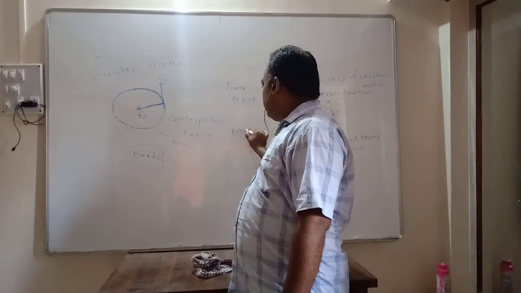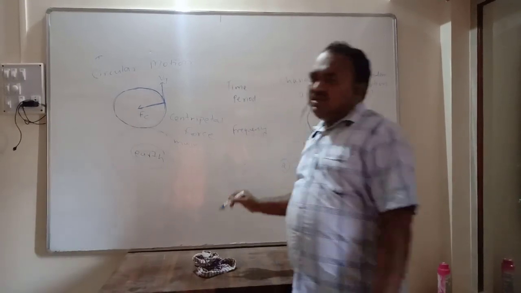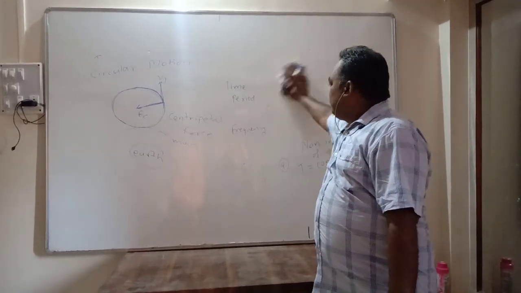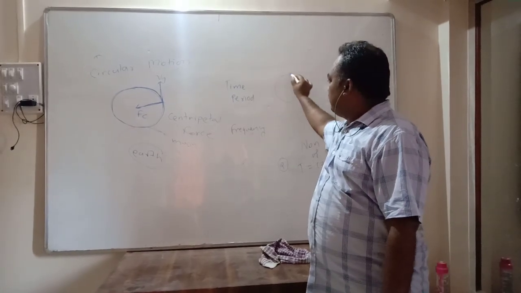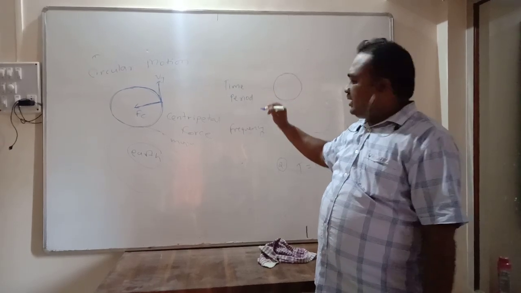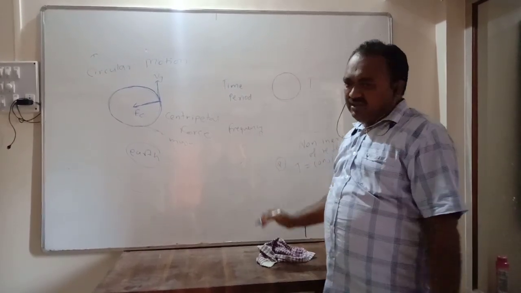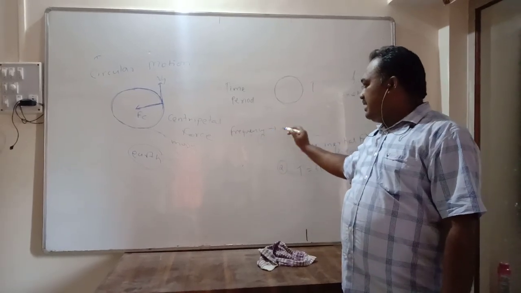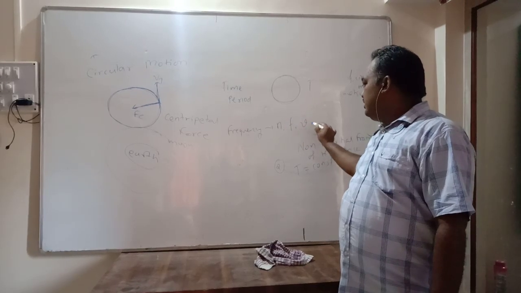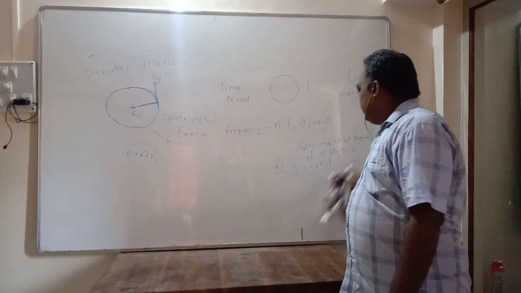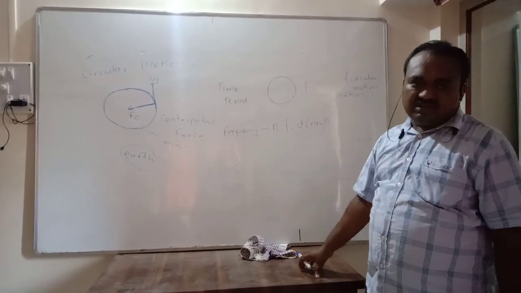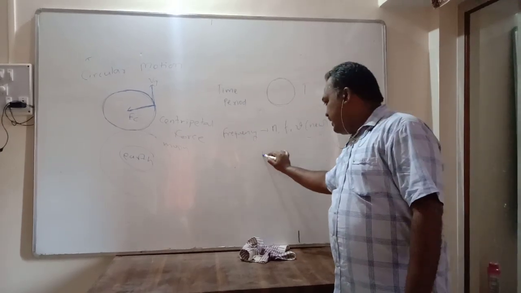Now we'll see the definition of time period and frequency. Time period, the time taken to complete one rotation is called as the time period, and it is denoted by capital letter T. Then frequency has three symbols. You can denote it as N, F, or this is also called as nu. So definition of frequency: the number of rotations completed in 1 second, and its mathematical formula N